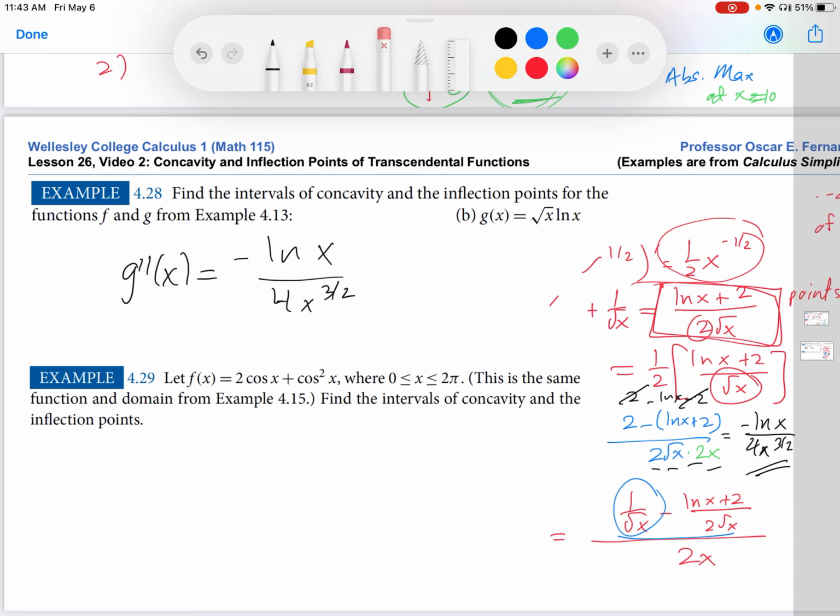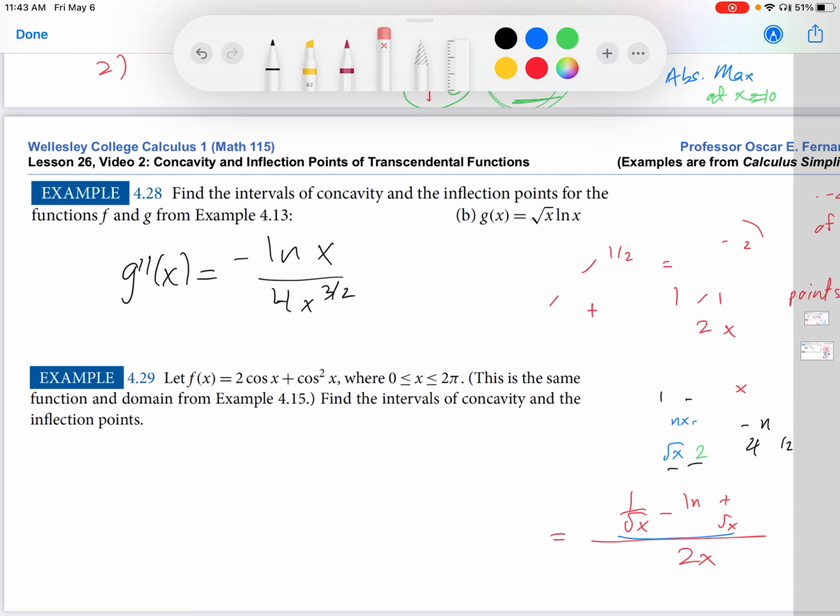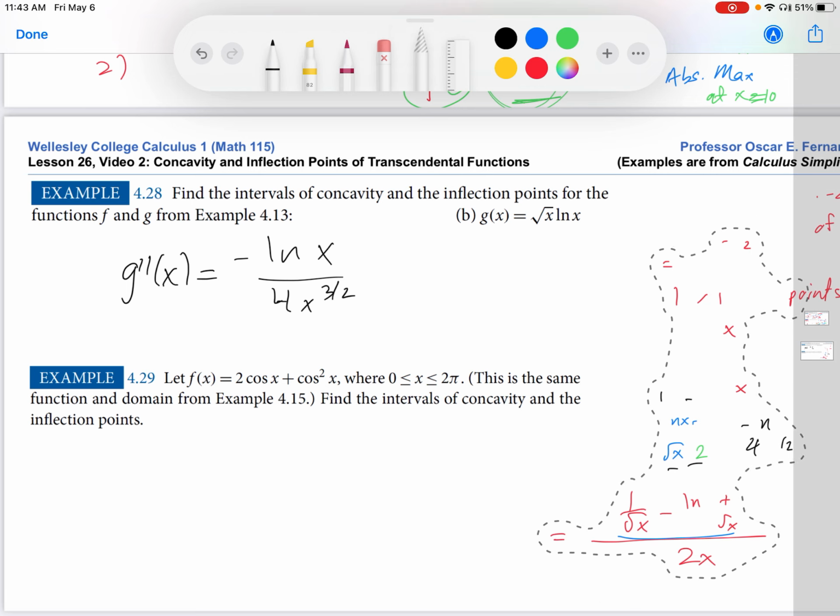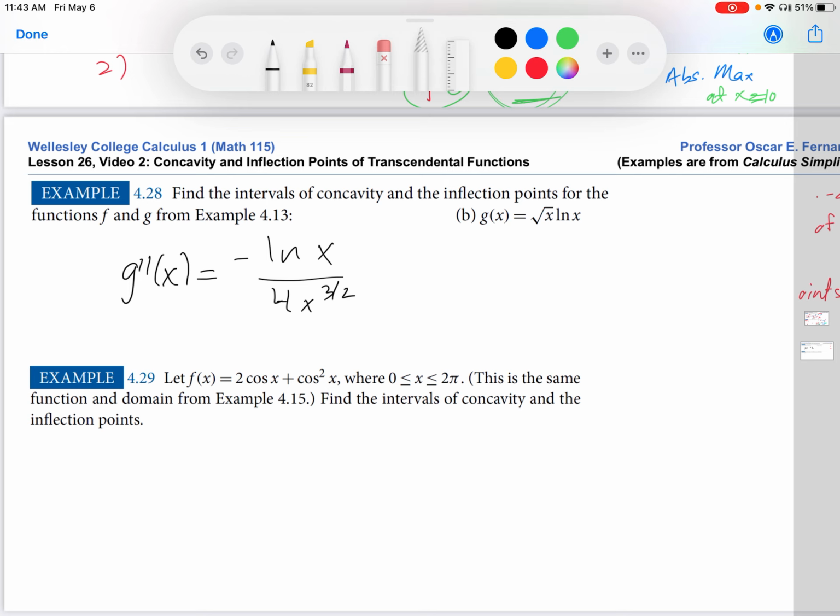Great. So having found the second derivative, what do we do to find the concavity and the inflection points? Well, remember, inflection points are the x values at which the graph changes concavity. So what's concavity? Concavity we can find using the information about the second derivative. So the second derivative test tells us that if the second derivative is positive, then the function is concave up. I should say that's the concavity test. And if the second derivative is negative, then the function is concave down on whatever intervals we are